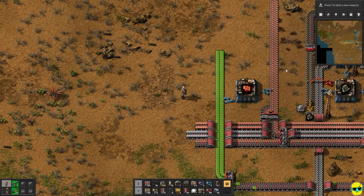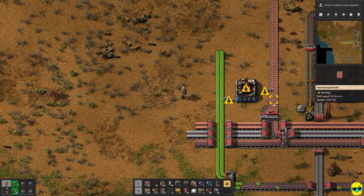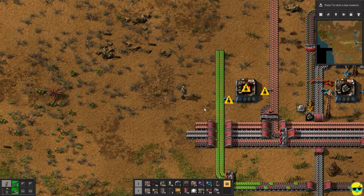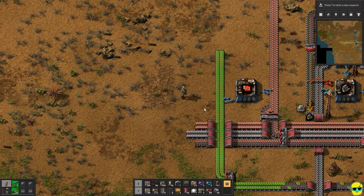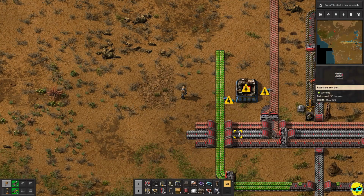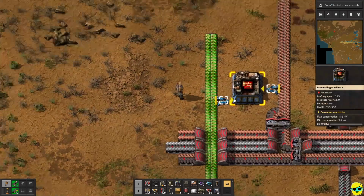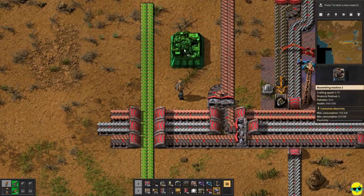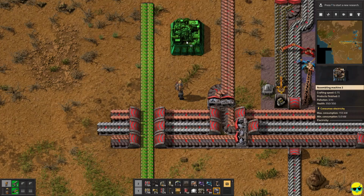I could have the plastic come on the top. And then I could have the circuits come out the bottom. But the problem is I don't want to use long-handled inserters if I can avoid it. I could link two fast inserters together, I suppose. Make a gap. Okay. What if I just scooch this back a bit, and then I give myself even more room to work with,